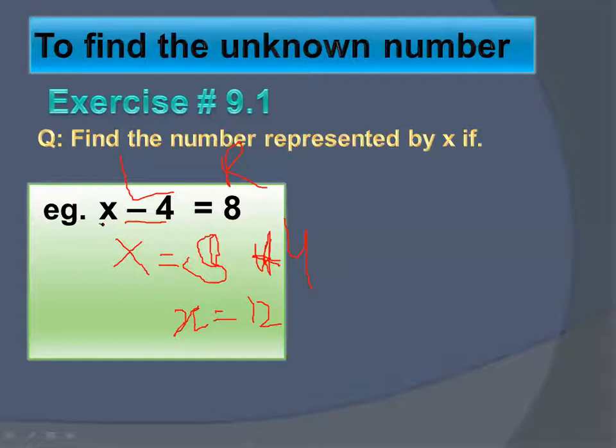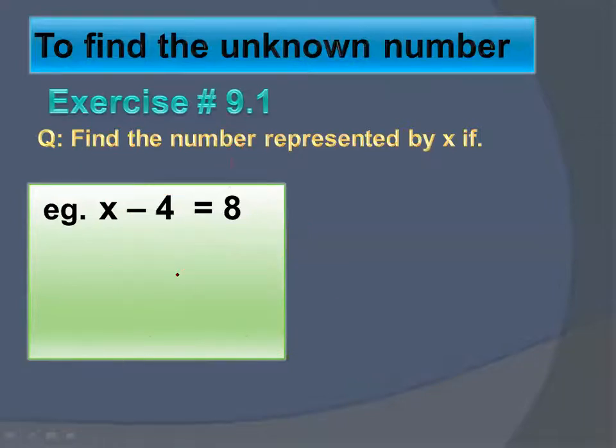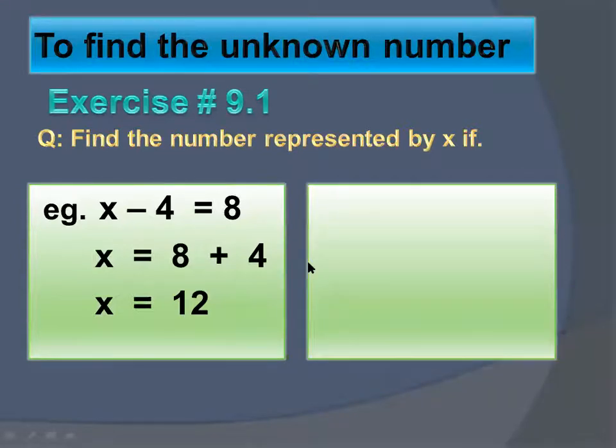So if you replace this x with 12, simply write 12 minus 4 is equal to 8. Okay, so 8 means your answer is absolutely right. Now I'm going to show you again. Here you have minus 4, so on the right side, it will become plus 4. So 8 plus 4 is equal to 12. Okay, this is the answer. Now I'm going to give you another example here. Here you have x minus 2 is equal to 4.